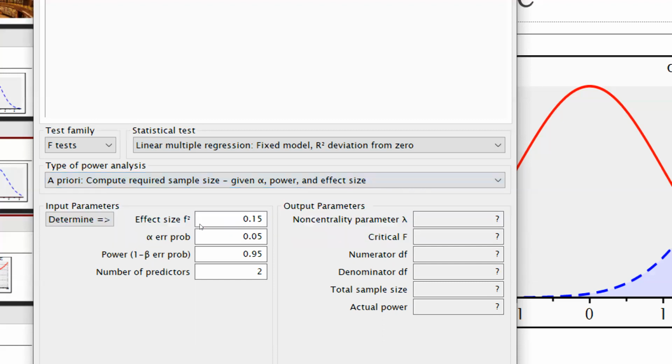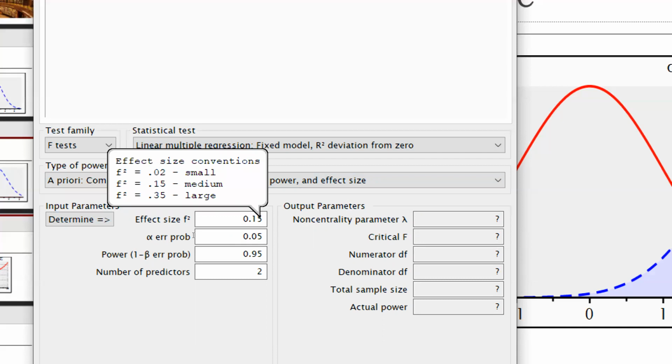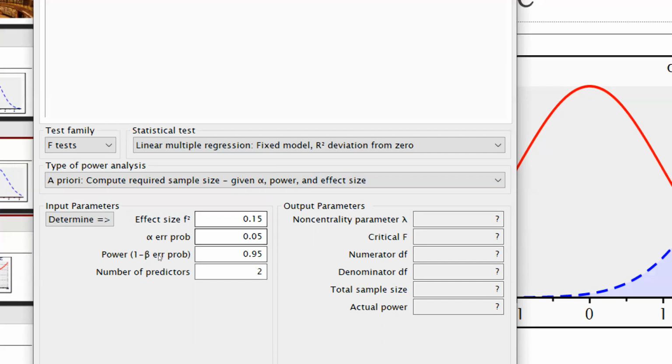Now for effect size, you can see here the effect size conventions: 0.02 means small, 0.15 medium and 0.35 large. By default, the effect size is 0.15, alpha error is 0.05, power, 1 minus beta error, is 0.95 and the number of predictors is 2.